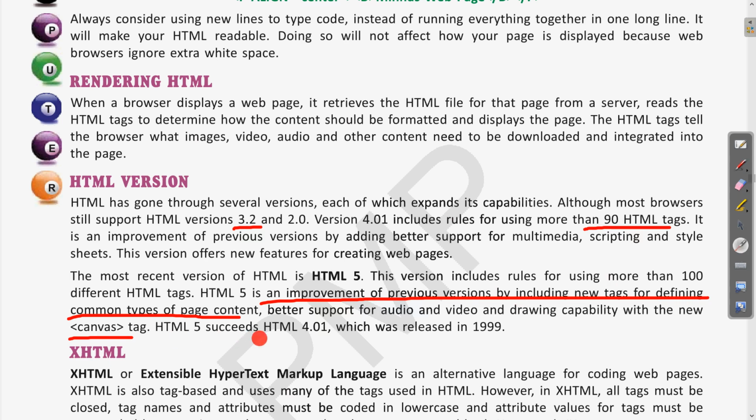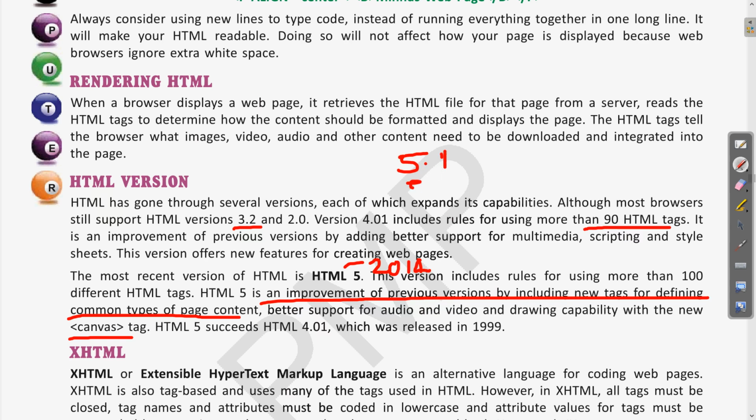HTML5 succeeds HTML 4.01 which was released in 1999. So HTML 4.01 was released in 1999, and HTML5, which we are talking about, was released around 2014. Clear? HTML5 also has other versions like 5.1 and 5.2.